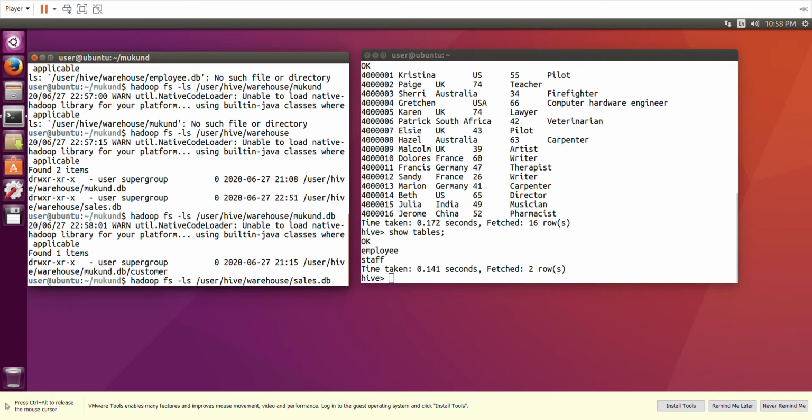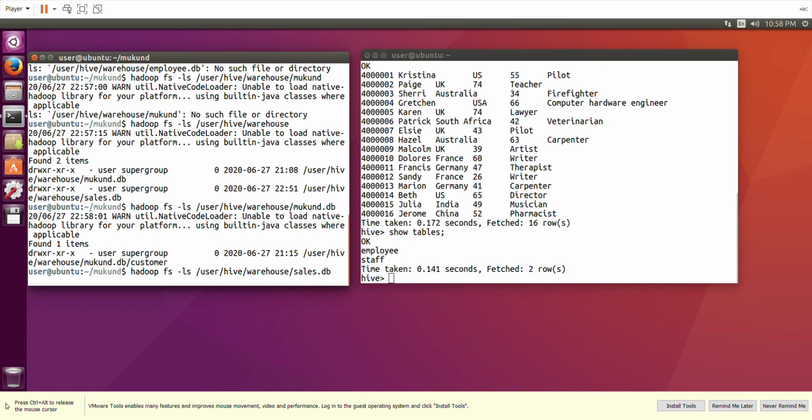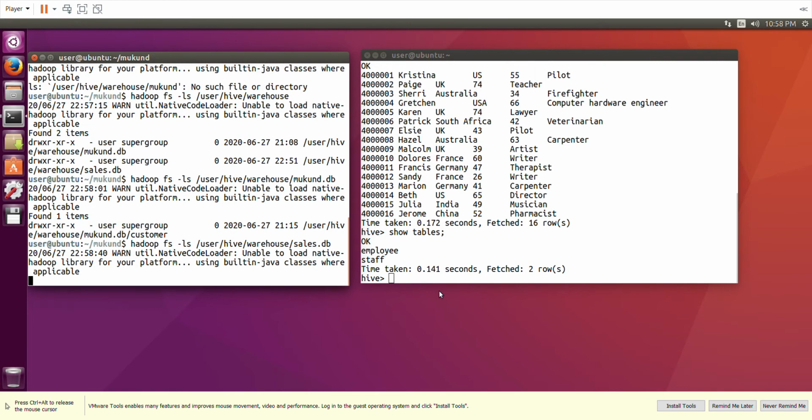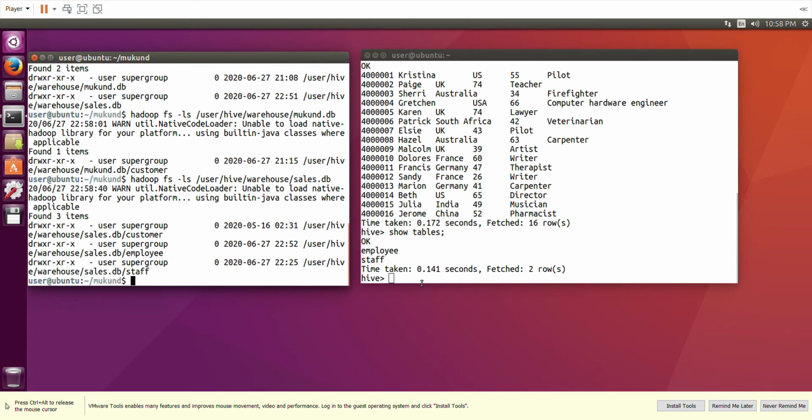Always remember, guys, whenever you are creating any database or table, you have to specify which one you are working in. Whenever you are starting something, use it. Once you use it, then you are sure that you are in that particular database and there is no harm in that. So always use it.